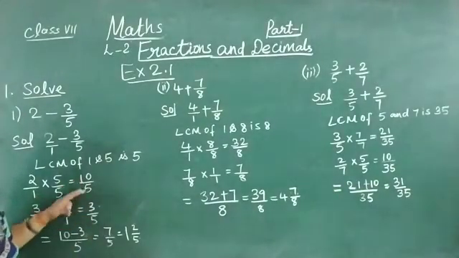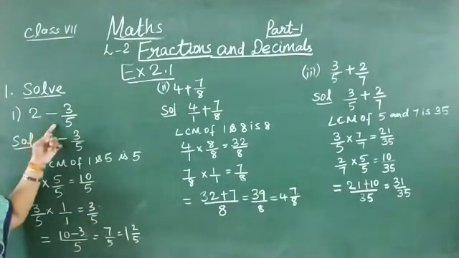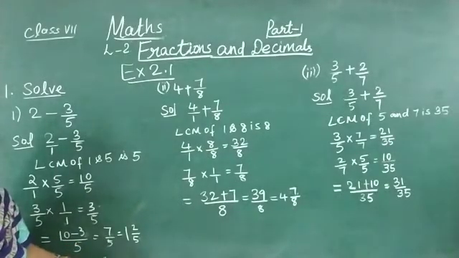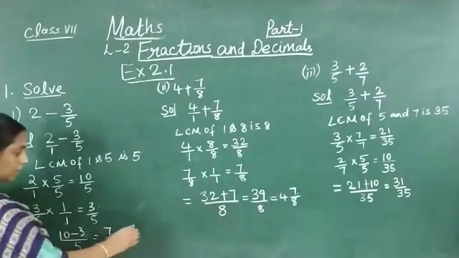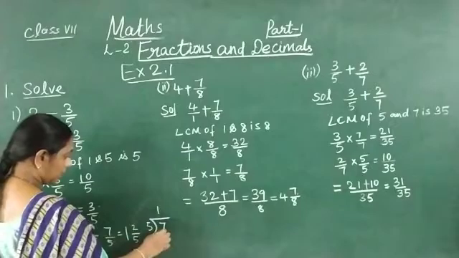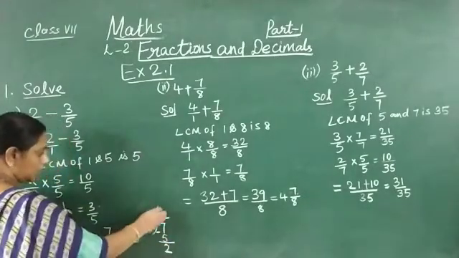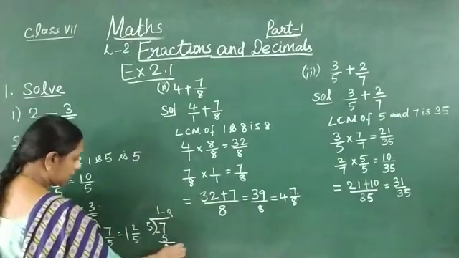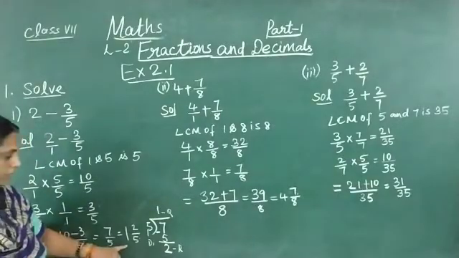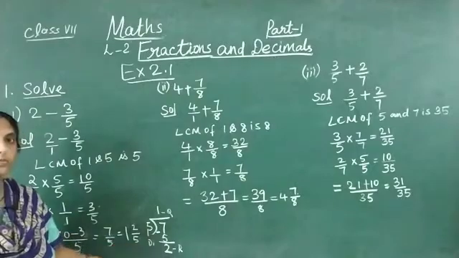Now these two fractions have the same denominator. So now we will subtract, because in the question subtraction is given. So 10 minus 3 by 5, 10 minus 3 is 7 by 5. 7 and 5, you can show the division like this: 7 and 5, how many times? 1 time, 1 5 is 5. So now the remainder will be 2. This is the quotient, this one is the remainder and this one is the divisor. So the quotient is 1, 2 is the remainder and 5 is the divisor. So how will you read this number? It is 1 2 by 5.